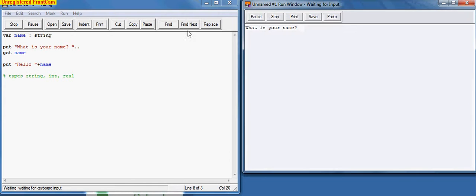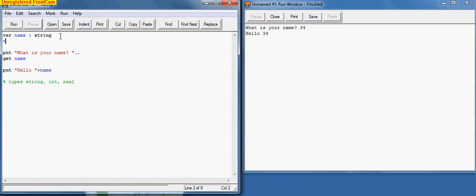If I run this program and I put a number in instead of a name, everything works. There's no problem because numbers can be read in as strings. But what if I am asking this person not only for their name, but their age? Because I want to make a calculation with their age. I'm going to use an integer value instead of a string value for their age, and I'm going to do